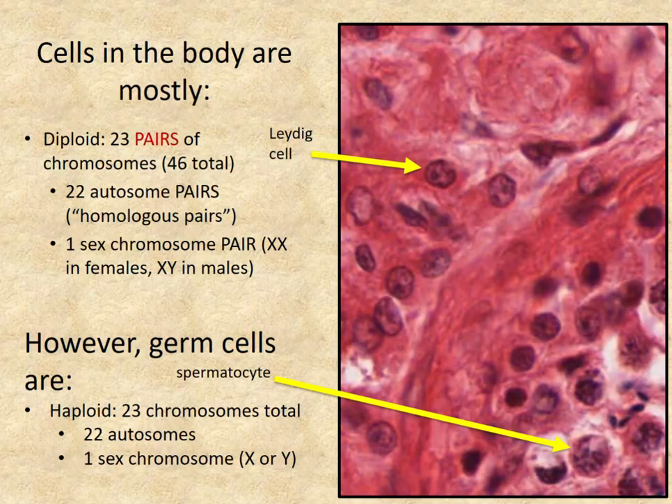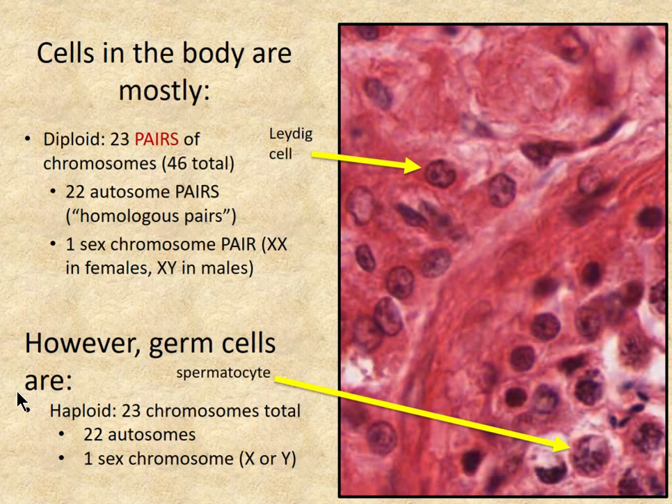Alright, this movie is to review male and female meiosis. So most cells in the human body are diploid. That means there are 23 pairs of chromosomes, or 46 total, because you have 2 copies of each chromosome. 22 of them are autosomes, and one is a sex chromosome, so you either have XX or XY in a